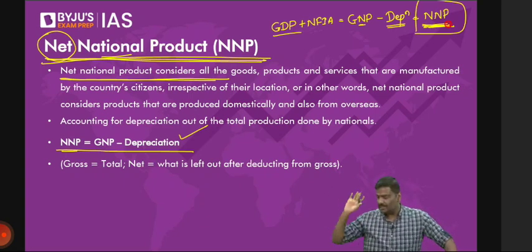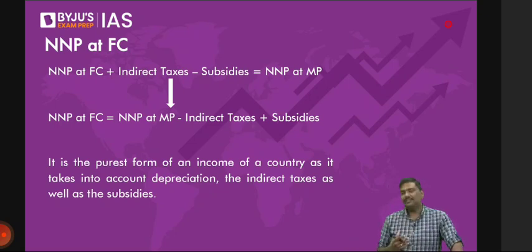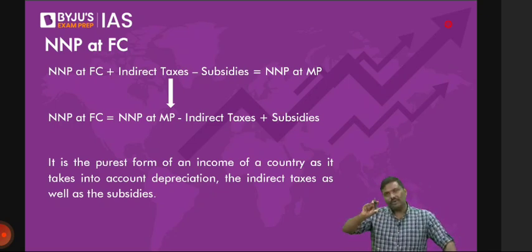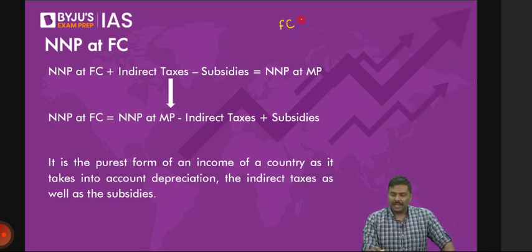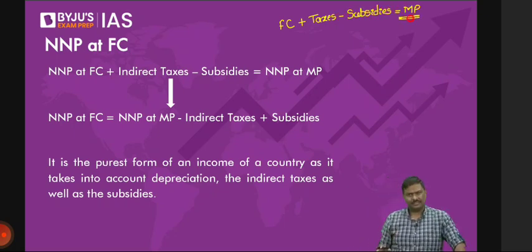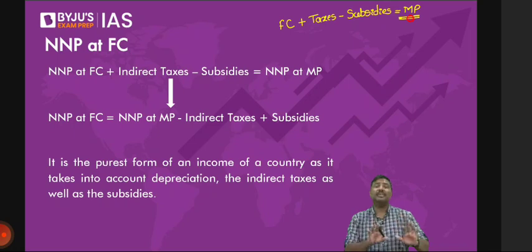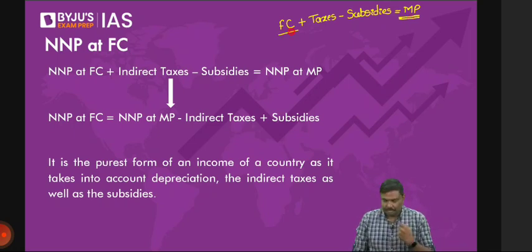Okay, now I will use NNP itself, but use NNP to calculate one more formula. Last one for you people. Last one, have a look at this. Do you remember the formula? Earlier, we have used this: factor cost plus taxes minus subsidies is equal to market prices. Is the formula okay? The basic formula. I'm not writing product, etc. Factor cost plus taxes minus subsidies is equal to market prices.